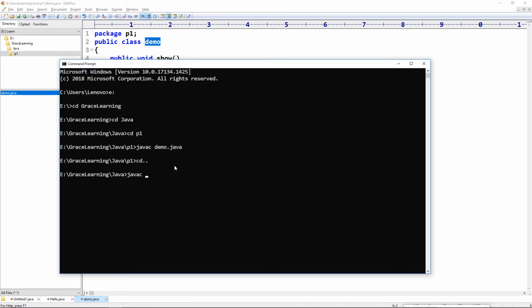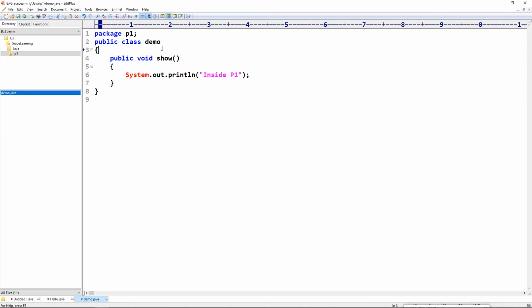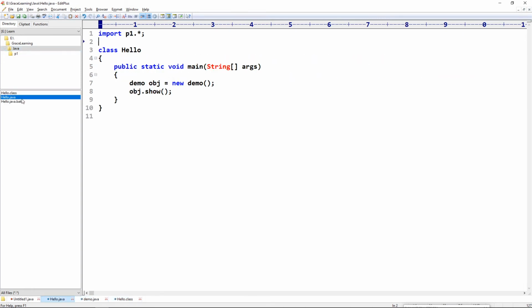Again I will compile the main file, that is hello.java, and now we will run this class, and here you can see we are getting inside p1. It means this demo class has been successfully imported to the hello.java. This is how we can use demo class with the help of package.